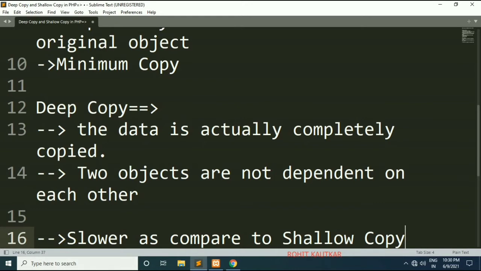So rather than references to the object being copied, new copies of objects are created for the referenced object, and references to these are placed within the new object. Whereas in contrast, shallow copy duplicates as little as possible. So a shallow copy is basically a minimum copy.